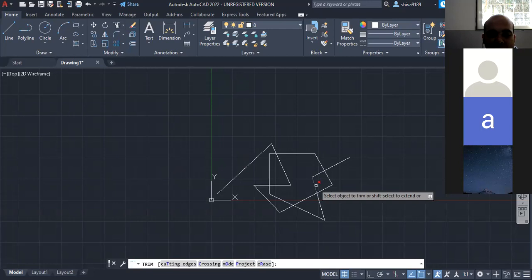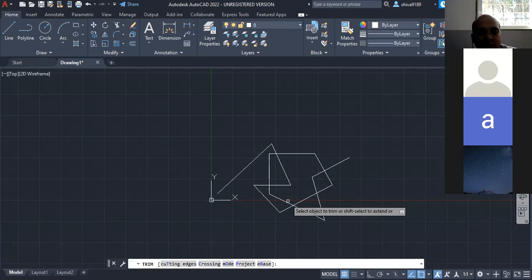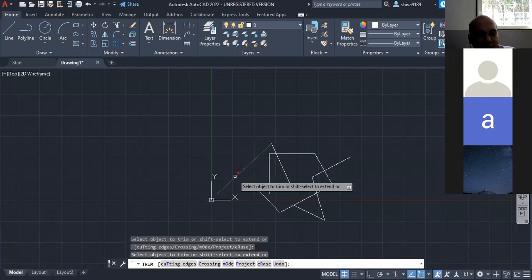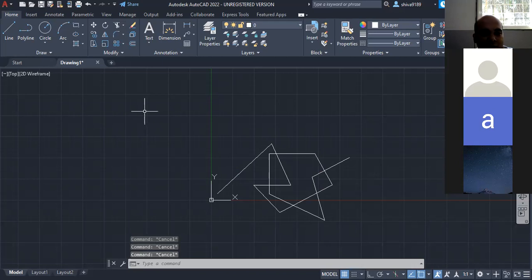These lines are partially getting deleted, but this line is completely getting deleted. Why is it happening? Anyone?